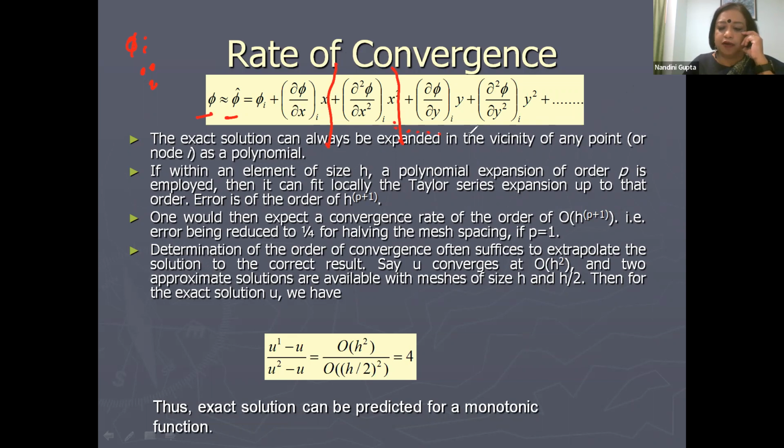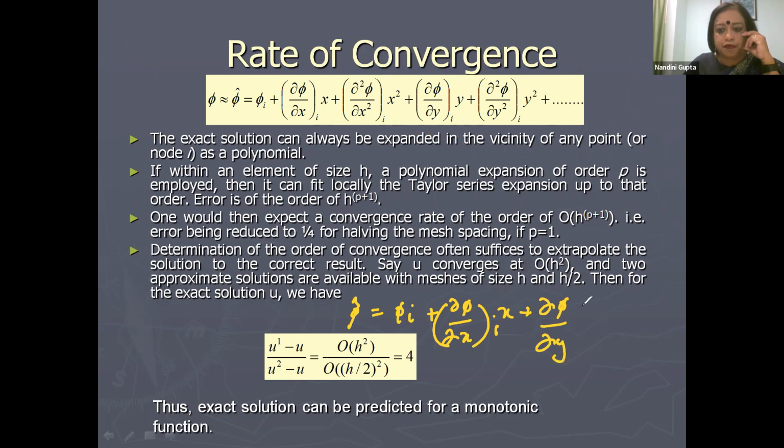X squared and all higher orders are ignored, and y squared and all higher orders are ignored. So I will come up with a solution like this. I'll write it here. This is my linear polynomial, which I may be writing as